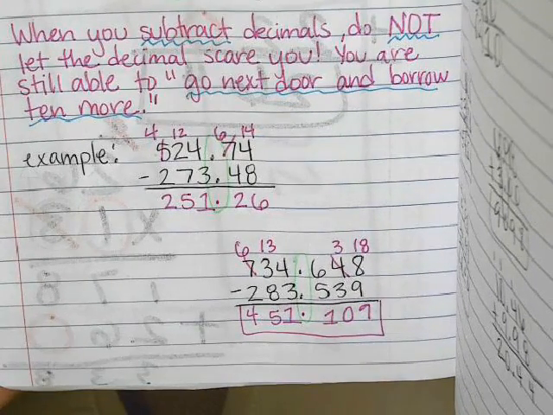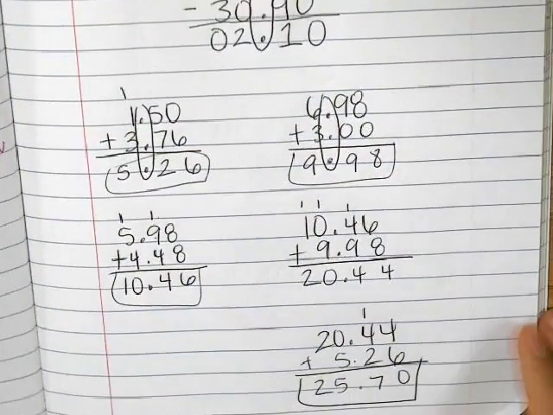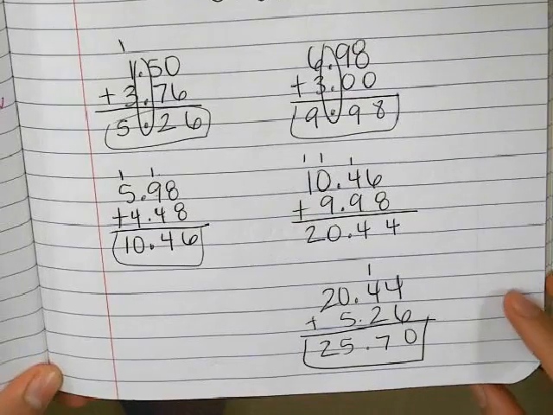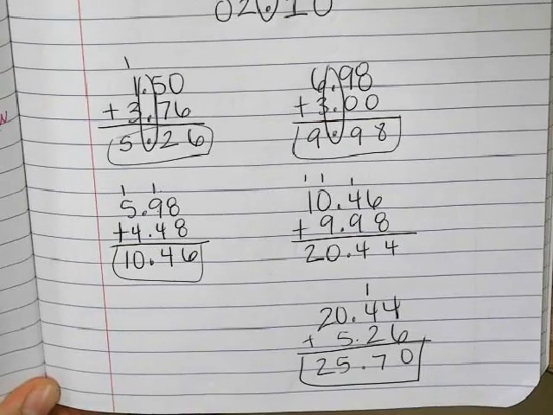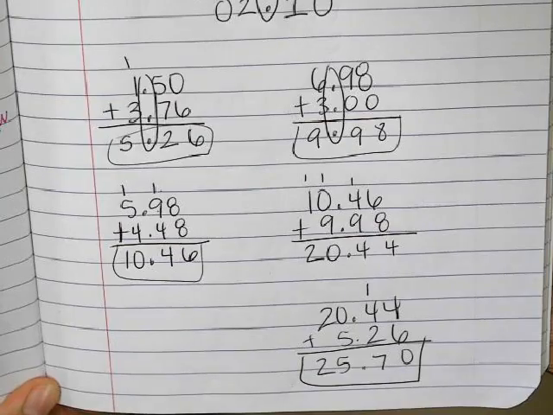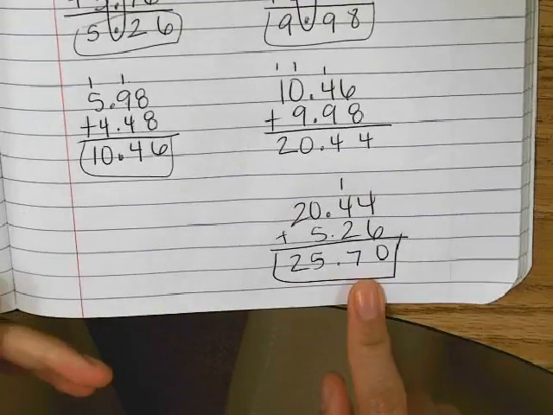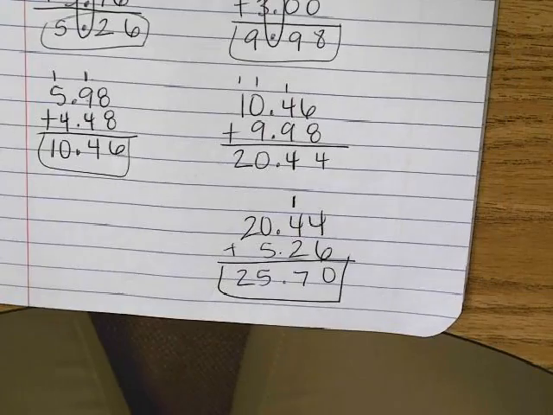So make sure you do that. And this is just a little practice that we did. I took out a receipt and we were adding up the items that I bought, and we got the total to $25.70. Okay,